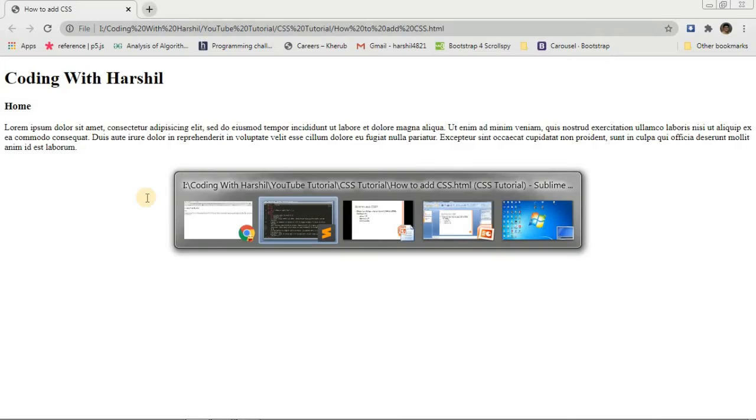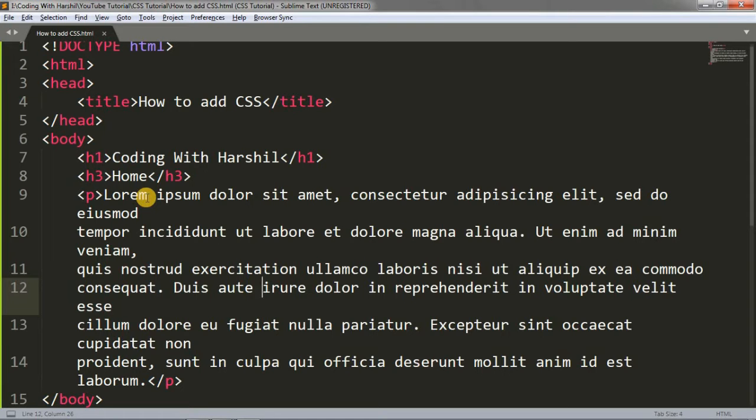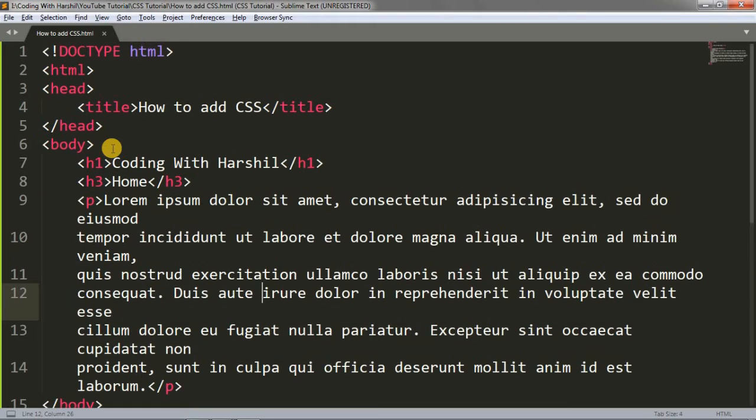Now we will add the CSS by the three ways. First one is the inline CSS, right? So we will do the inline CSS. In the previous video of our HTML tutorial, we have seen that there is a style attribute. Okay, so that style attribute is part of the inline CSS.